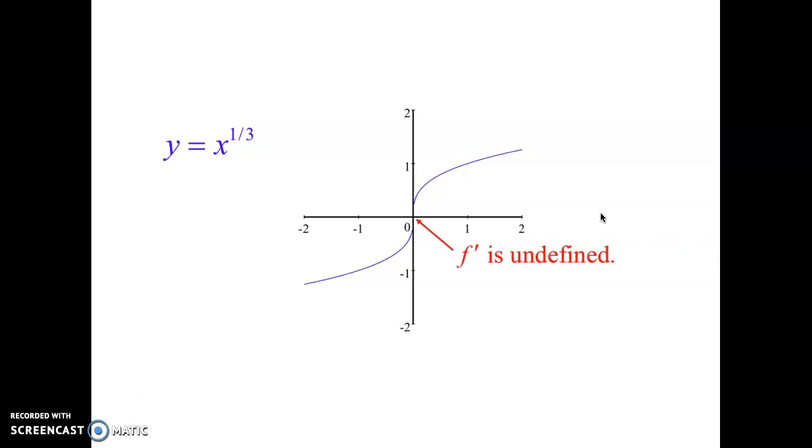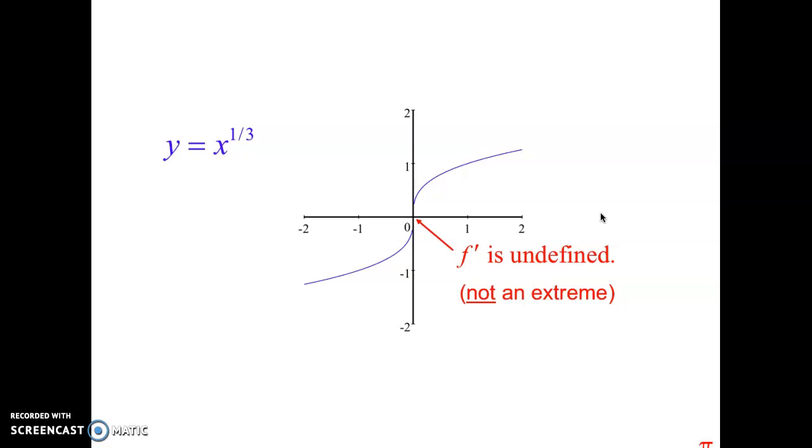Notice the derivative is undefined or has a vertical tangent line at x equals 0. Therefore, the derivative does not exist. That's one of our 4 places where a derivative does not exist. So by definition, the definition of a critical point is where the first derivative is equal to 0 or does not exist. So x equals 0 locates a critical point, but this critical point is not an extreme. So there's 2 examples of just because I have a critical point does not necessarily make my value on